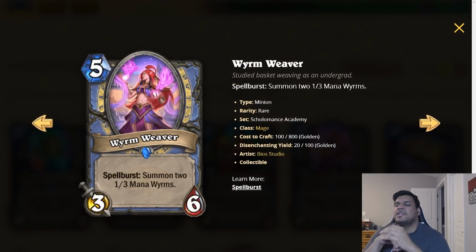Alright, so we saw a lot of Mage cards. The first one we're going to talk about is Wyrm Weaver. This is a 5 mana 3/6 spell burst, summon two 1/1 mana worms. This seems awfully slow in Wild. I know you're getting like 9 mana worth of stuff, but like I said, this just seems really, really slow